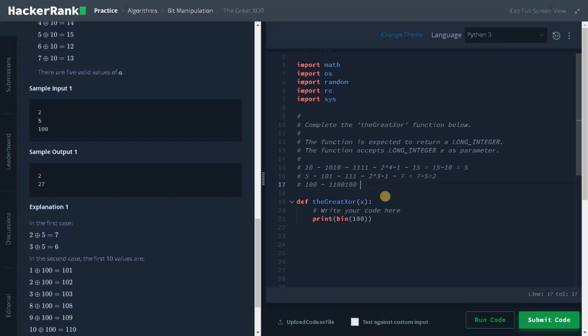Totally 7. If you set all the bits to 1, it will be 127. So that will be 2 power 7 minus 1. 2 power 7 is 128, minus 1 is 127, minus 100 equals 27. That's the result we are having.